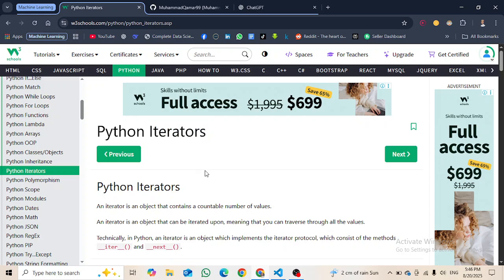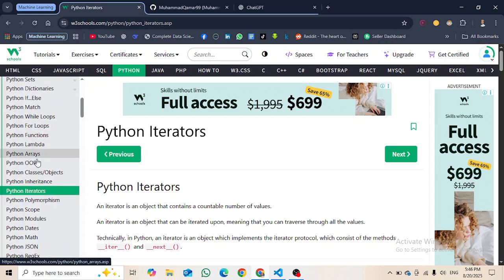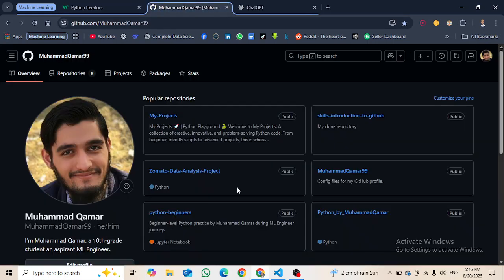Okay, so finally today is day 25 of our 3 years machine learning challenge, in which we are going to learn the complete machine learning from very basics to very advanced. So far, Alhamdulillah, we have done Python inheritance, and today we are going to learn about Python iterators. Anything that I write, I upload here on my GitHub, and the repository is Python by Muhammad Kamar. You can access this repository and use this code for yourself.